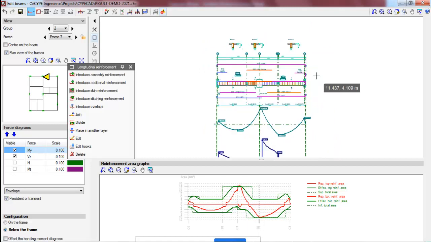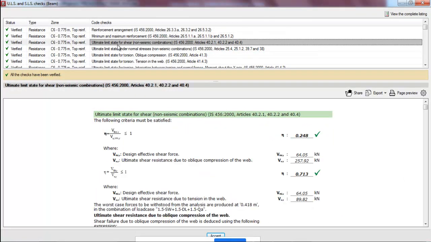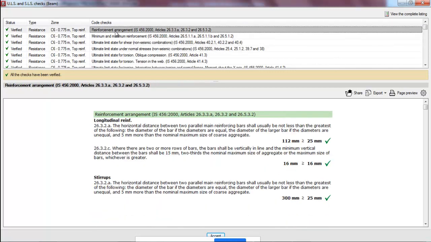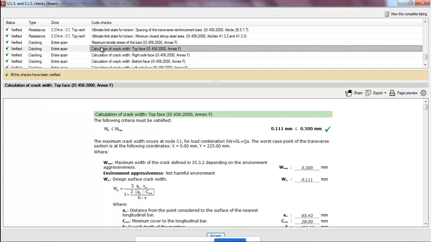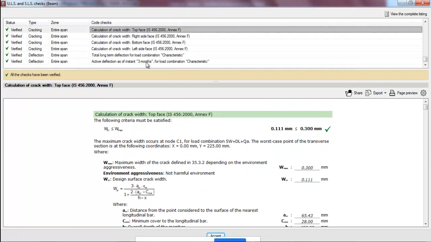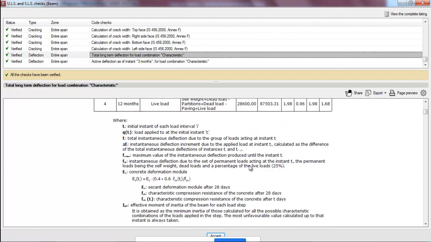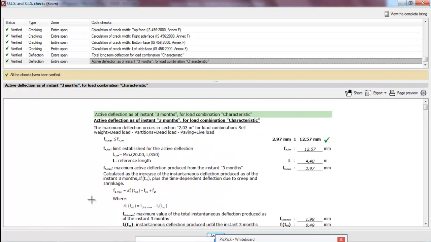So like this you can check the design calculation. If you want to see the report once again, you can click on the design report here, and these are all the calculations. Step by step calculations, very rigorous, very detailed. You can also see the calculations related to the crack width calculation, which is generally not available in any other software. This is the crack width calculation, and then the long term deflection calculation. Everything is available here, and it says all the checks have been verified. There is no problem with the beam design. All the checks have been verified as per the Indian code.